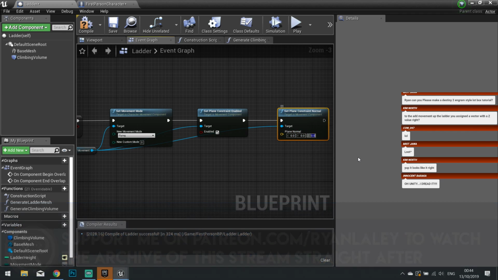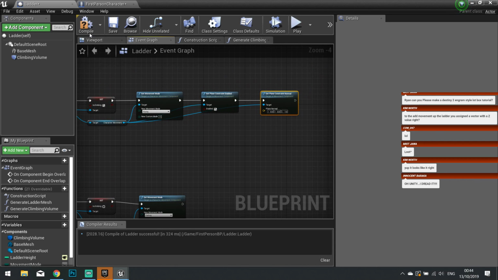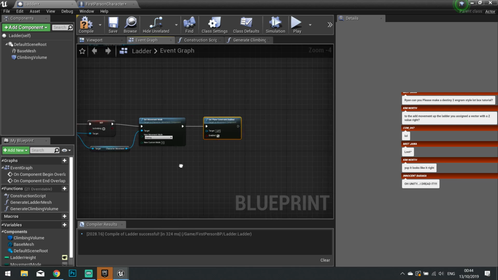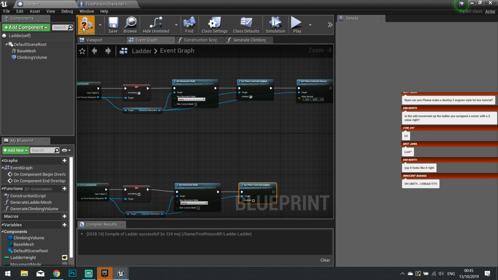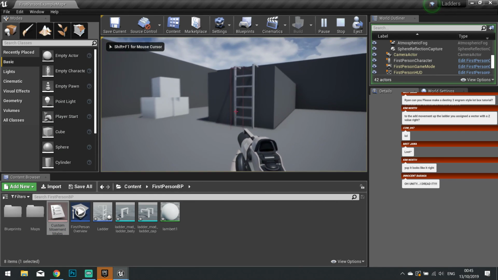And I think we just put in 1 in the Z. I believe that's what we do. It's been a while since I made that video. Plug that back in there, delete that. Turn that off and plug that in to this target. Compile, play, and